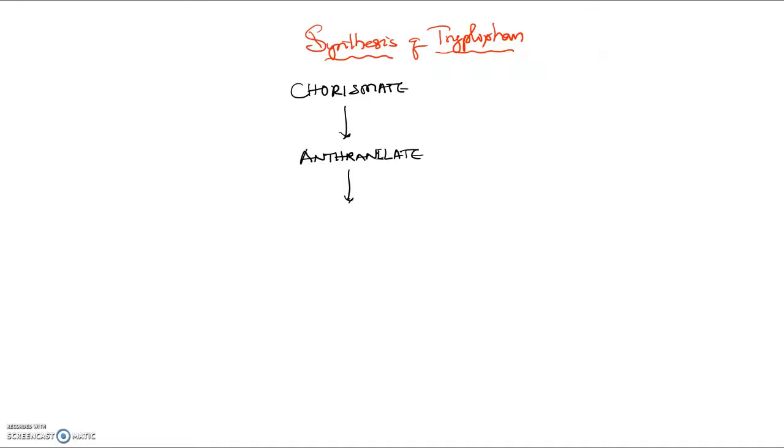Anthranilate forms indole 3-glycerol phosphate, which finally forms L-tryptophan. Now this is the pathway, and this pathway requires